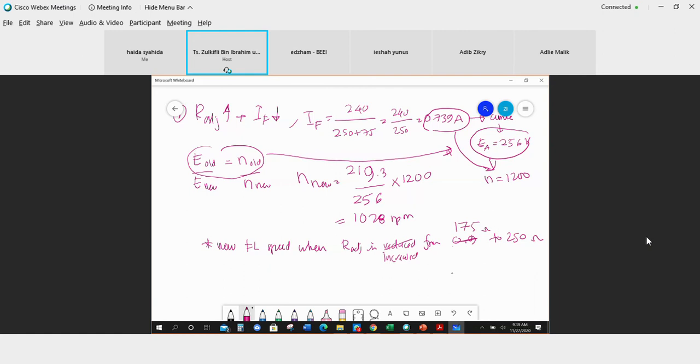Sebab pada 0.75 ni your no load speed is 950 RPM. So bila kita increase the R adjustable to this one, so 251, bila you increase it, maksudnya the new speed when R adjustable is increased from to